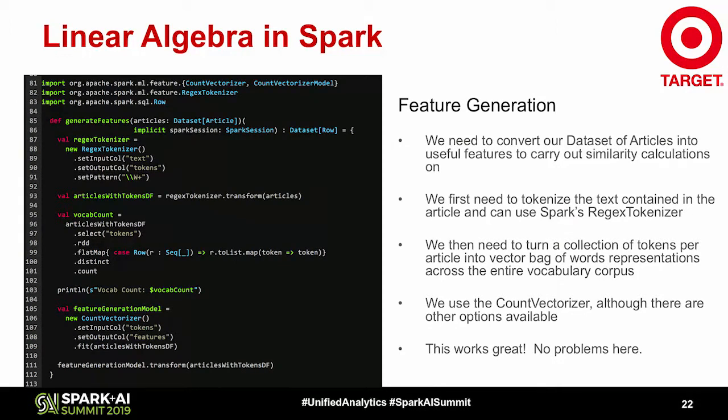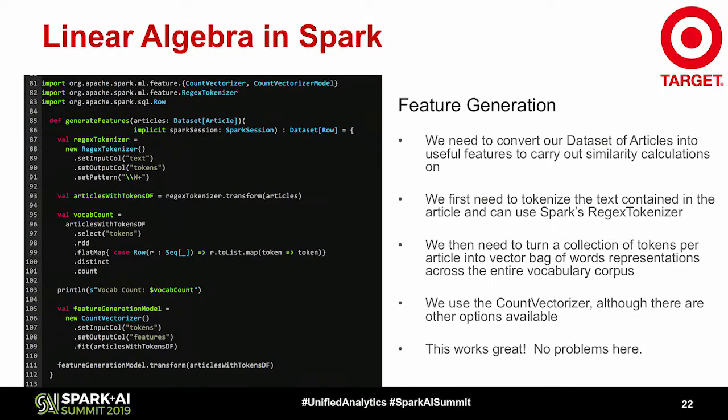So after we've tokenized our input articles, we need to turn the tokenized, bag of words representations of our articles into vectors that are laid against the whole vocabulary for all of those articles in our corpus. We can use Spark's count vectorizer. Like I said, there are fancier ways to do this. One way is using a TF-IDF vectorizer, which is another NLP tool for getting at the novelty of terms. But the count vectorizer is a good baseline to get started and see how it performs, and then try the fancier things later.